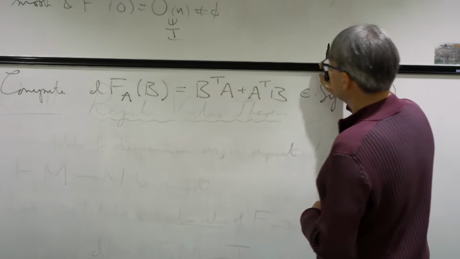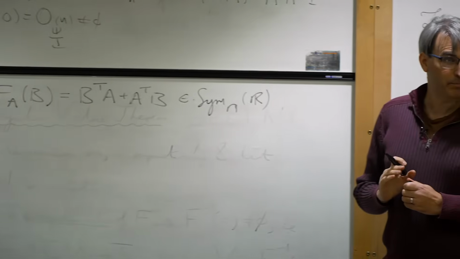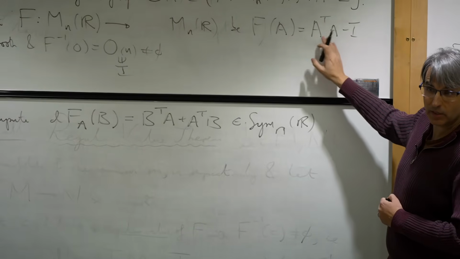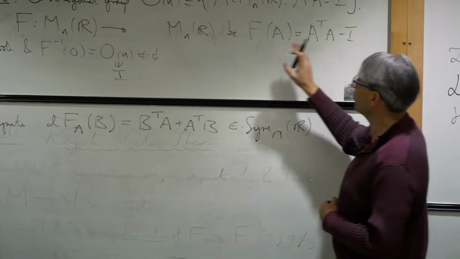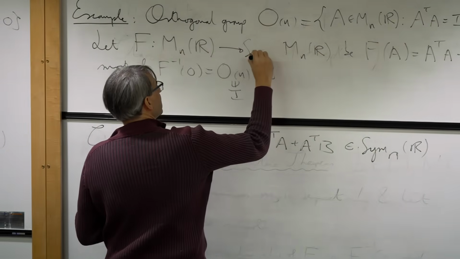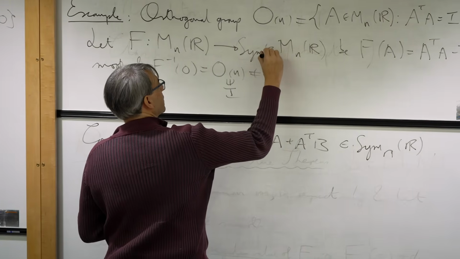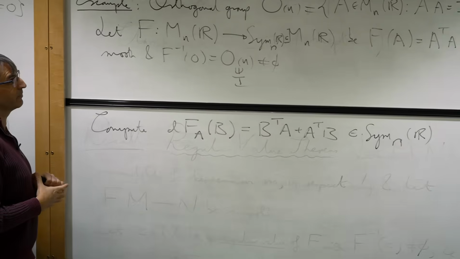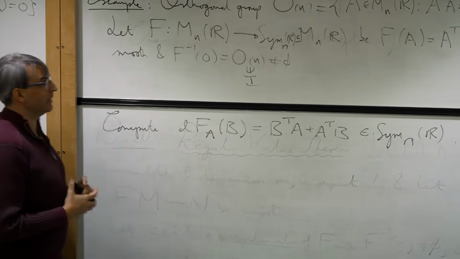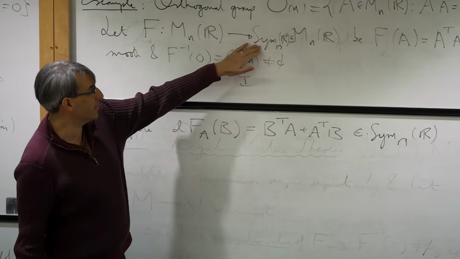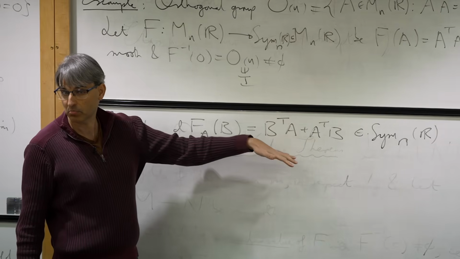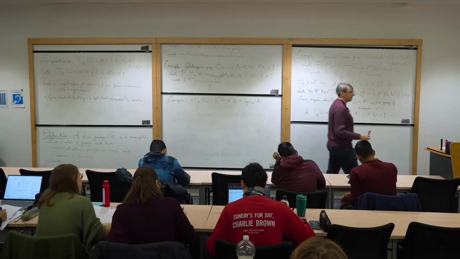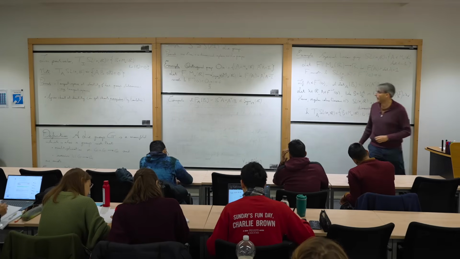But if we notice, we think, oh, well, then all hope is lost, but it's not, because we actually see that the map that we cooked up at the beginning also takes values in the symmetric matrices. So we could have just changed the map and restricted its codomain to be the symmetric matrices. And this is a vector space, so its tangent space is again the symmetric matrices. So this is now good. This is now something where we can hope to actually prove that the differential is surjective. And so we can, because